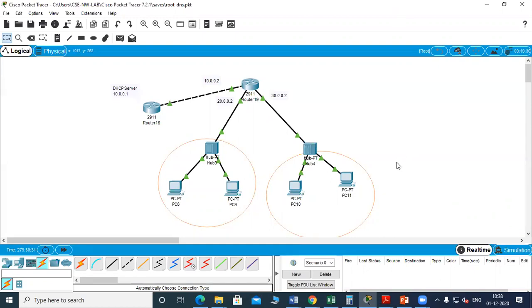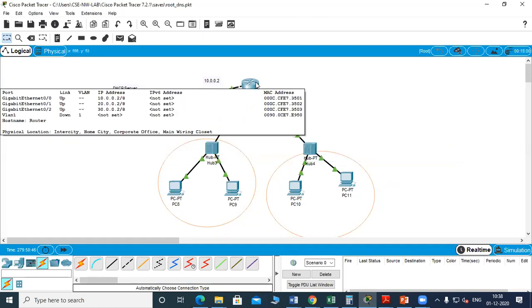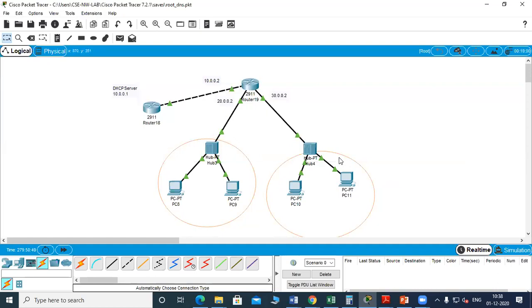So this example shows you how the PCs in the network will get their IP address in case the IP address is not allocated. Dynamically, the request will go to the proper DHCP server, and then the DHCP server will allocate the IP address, which is forwarded to the proper router.